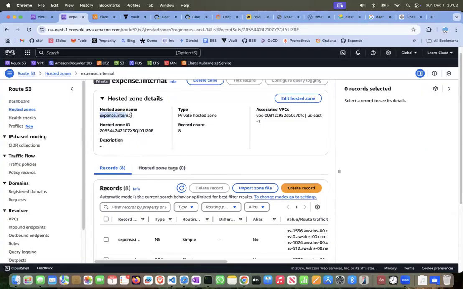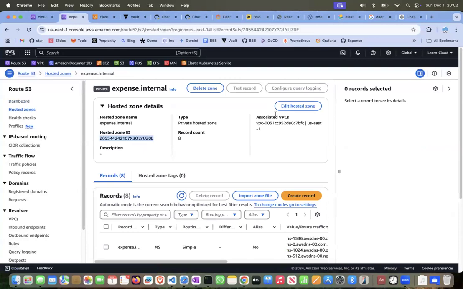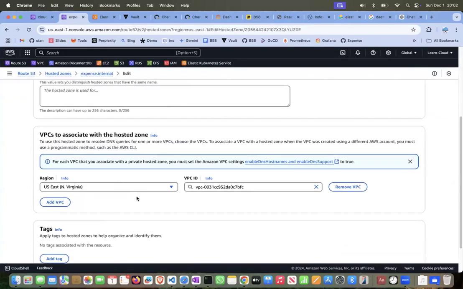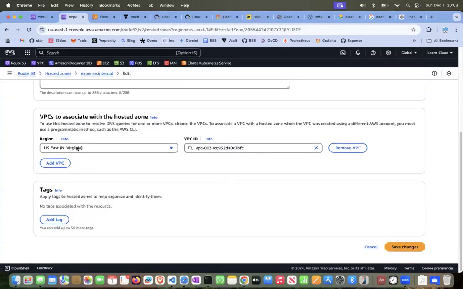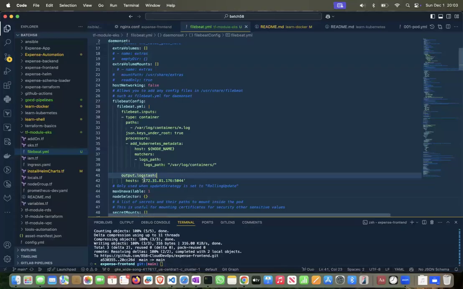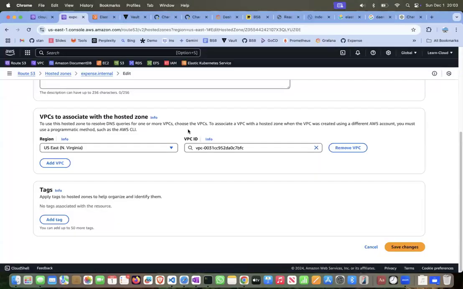So if I use an internal DNS record, it will not work, because this private hosted zone will work only on top of this particular VPC. So I would like to use an IP address only, but for this to work,